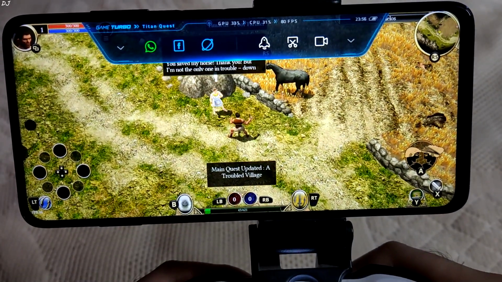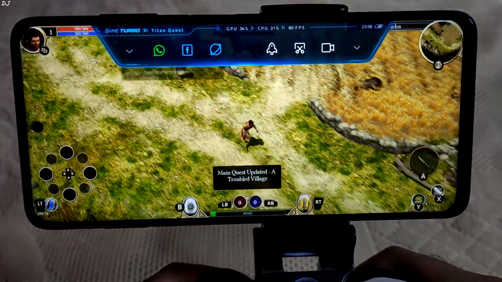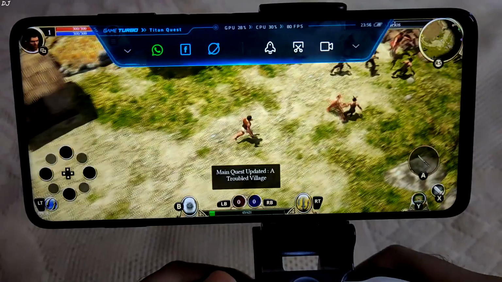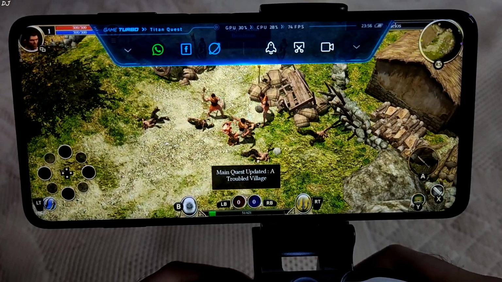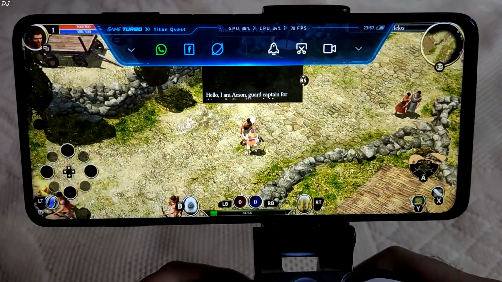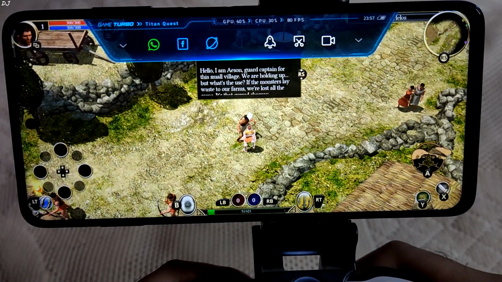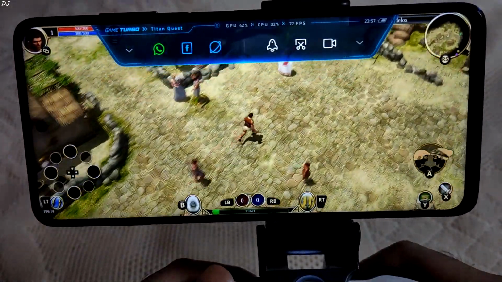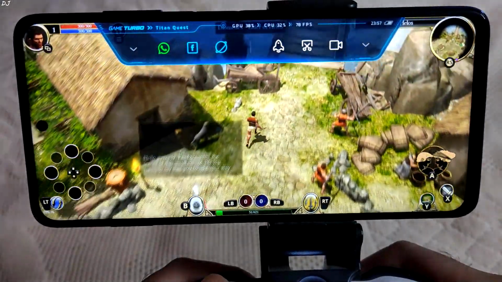You saved my horse! Thank you! But I'm not the only one in trouble. Down the road there, that's my village, Hilos. Hello, I am Asun, guard captain for this small village. We are holding up, but what's the use? If the monsters lay waste to our farms, we're lost hopes. Hello, stranger. I'm Diomedes, the leader of this small village. Do you mean...